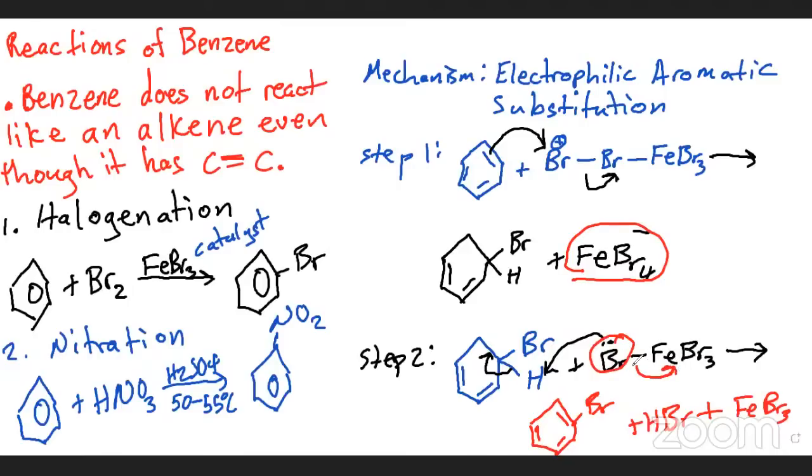So this bond is broken. The bond between this bromine and this Fe is broken. So this bromine combined with hydrogen. So let's do it again. This bond between this carbon and this hydrogen is broken. All right. So this hydrogen is no longer attached to the carbon. It is now with bromine. This bromine is no longer with Fe. You have the benzene, so you have bromobenzene, you have HBr, and you have FeBr3. So that is why we know